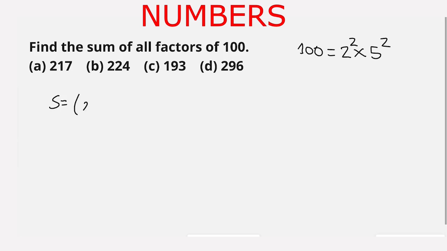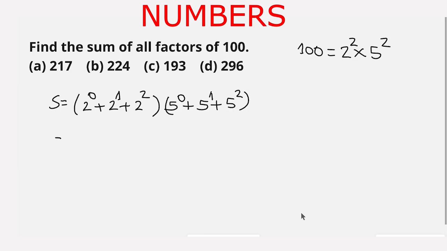So we start from 2 to the power 0 and we go up to 2 to the power 2. So it is 2 to the power 0 plus 2 to the power 1 plus 2 to the power 2, multiplied by 5 to the power 2. So we start from 5 to the power 0 and we go up to 5 to the power 2. So it is 5 to the power 0 plus 5 to the power 1 plus 5 to the power 2,